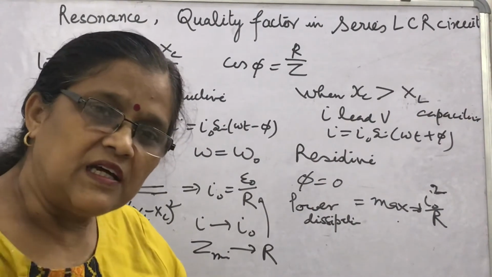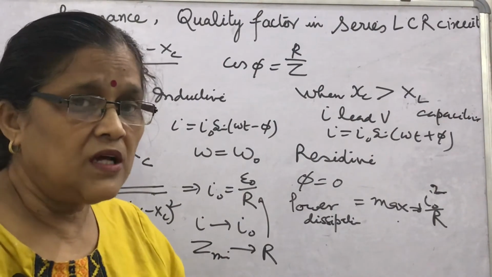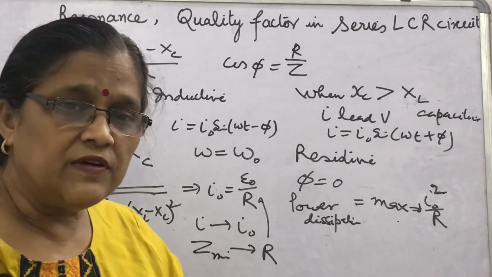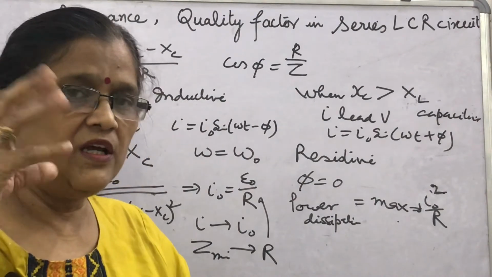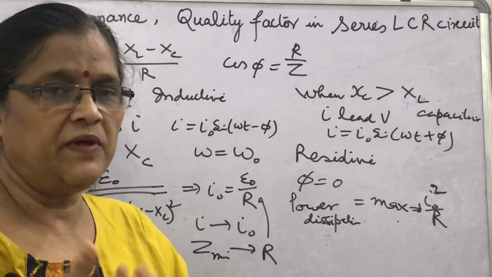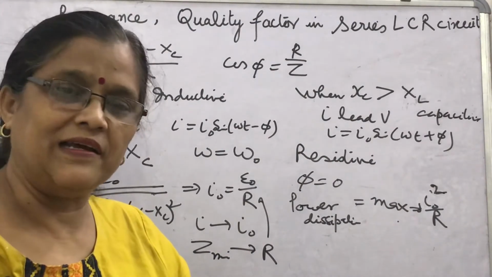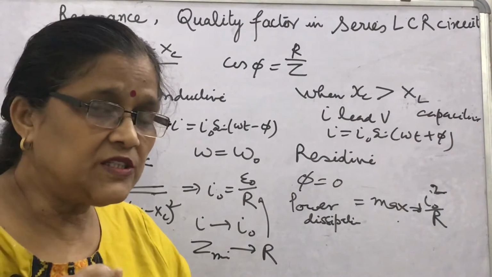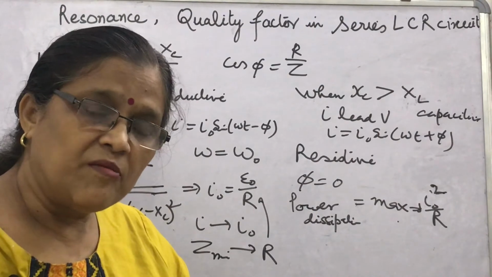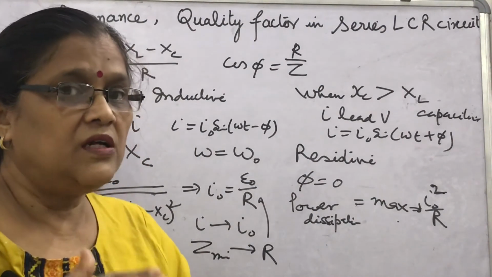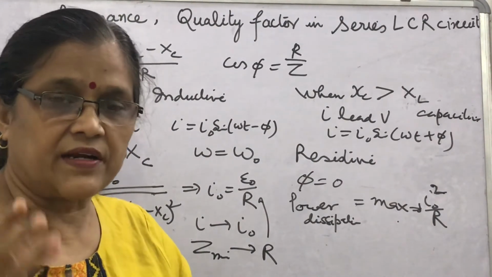That's why the series LCR circuit is called an acceptor circuit, because out of all the frequencies available, it accepts only that frequency corresponding to which current becomes maximum, and that program becomes audible or visible clearly. How can this phenomenon be described? By knowing about the sharpness at resonance, that is also called quality factor.